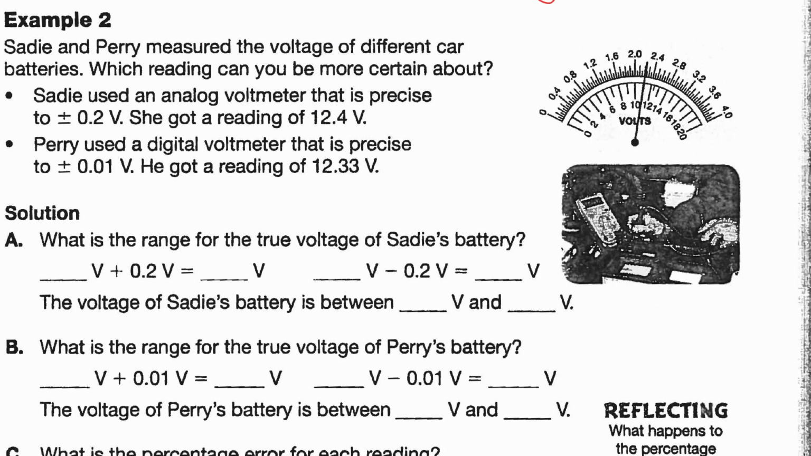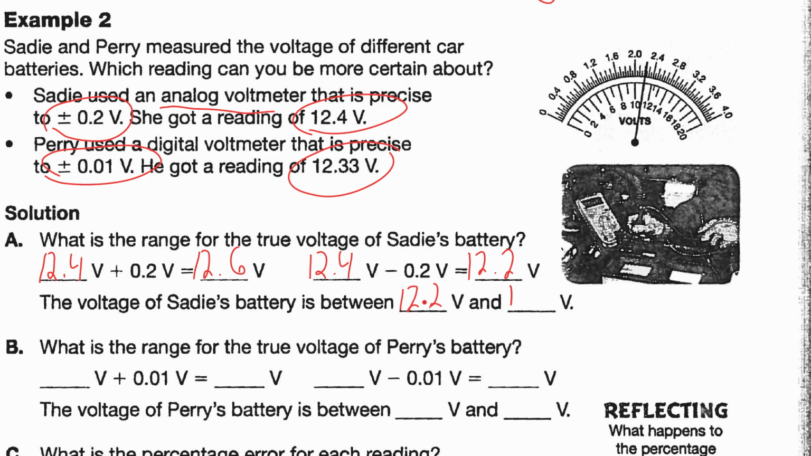Okay. Example 2, Sadie and Perry measure the voltage of different car batteries. Which reading can you be more certain about? Sadie uses an analog voltmeter that is precise to plus or minus 0.2, and she got 12.4. Perry uses a digital one that is precise to plus or minus 0.01, and he got a reading of 12.33. What's the range? So all we have to do is put the numbers in. So 12.4 plus or minus 0.2: this one's 12.6 and this one's 12.2. So the range is 12.2 to 12.6